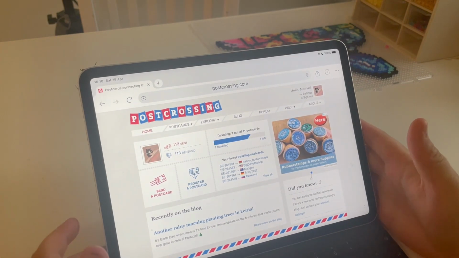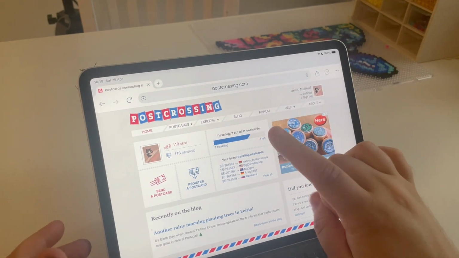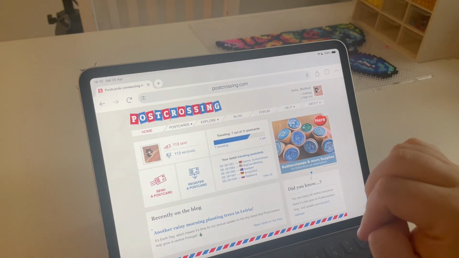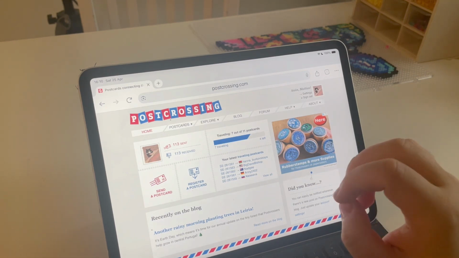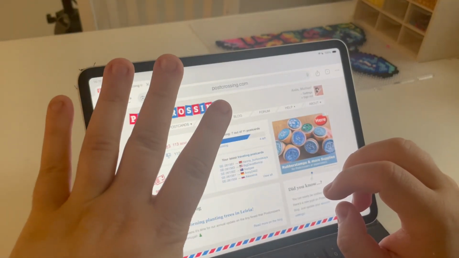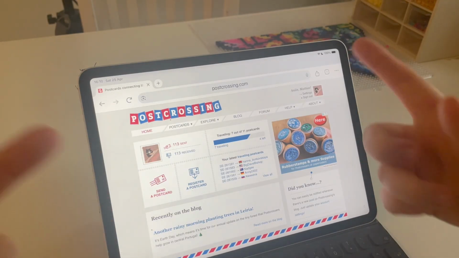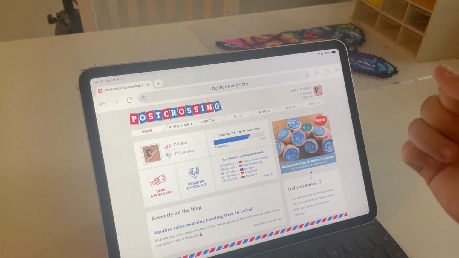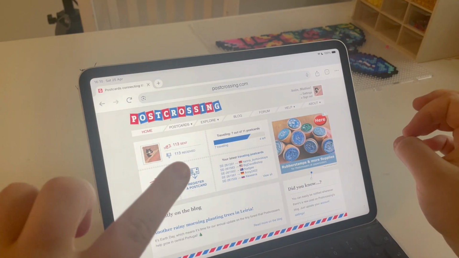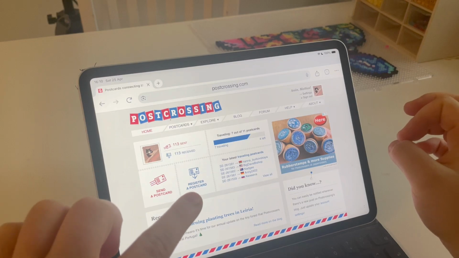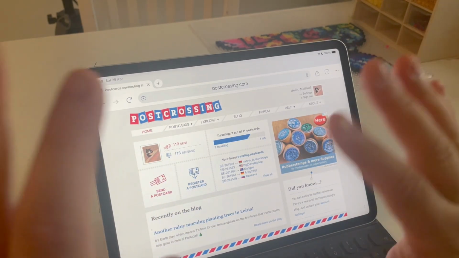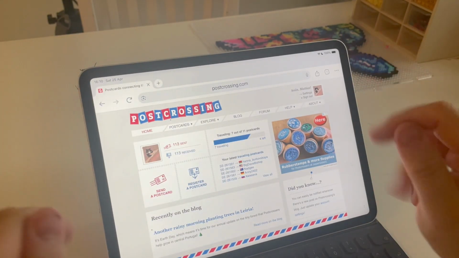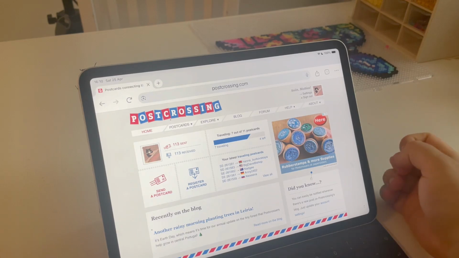We start with how many postcards you can send. I can send 11, but when you start, you can only send 5 postcards at a time. That increases the more you send postcards and the more people register. As you can see here, register postcard. I'm going to explain all of that in good time, don't worry. But let's start with